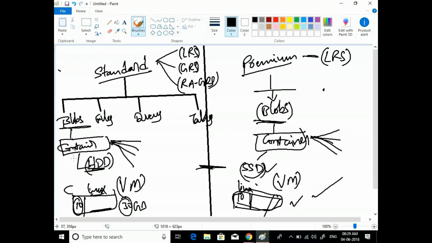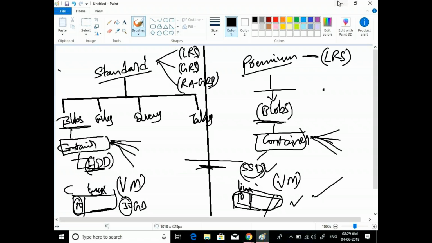This topic, the difference between premium and standard, you can actually see only when you are creating virtual machines. What is the benefit of creating premium storage? Even though it is costly, you are going to get good speed when you are accessing the data, uploading the data, and downloading the data. You'll get good performance when you are using this premium storage. That's a major difference.